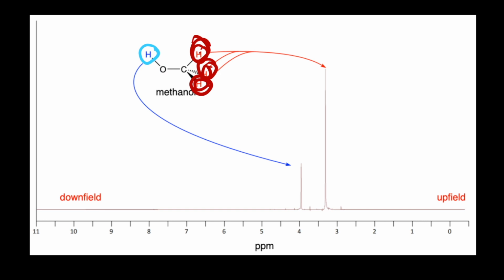So the ones that are more shielded show up farther upfield, or more to the right in the NMR spectrum. And those that are more deshielded, or have fewer electrons around them, like the alcohol proton, might show up more downfield. In this video, though, what we want to understand is that when I have 3 equivalent hydrogens and they all show up in the same place, this peak is 3 times bigger. We'll write 3H because it represents 3 hydrogens. It's 3 times bigger than this blue peak, which is 1 hydrogen's worth of